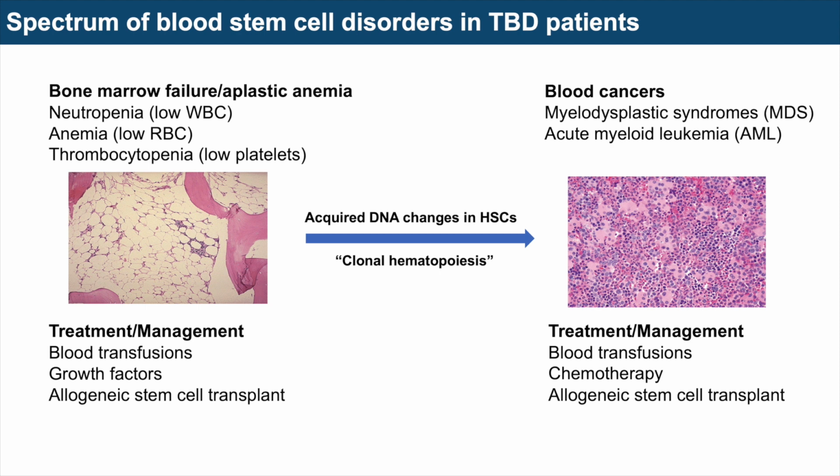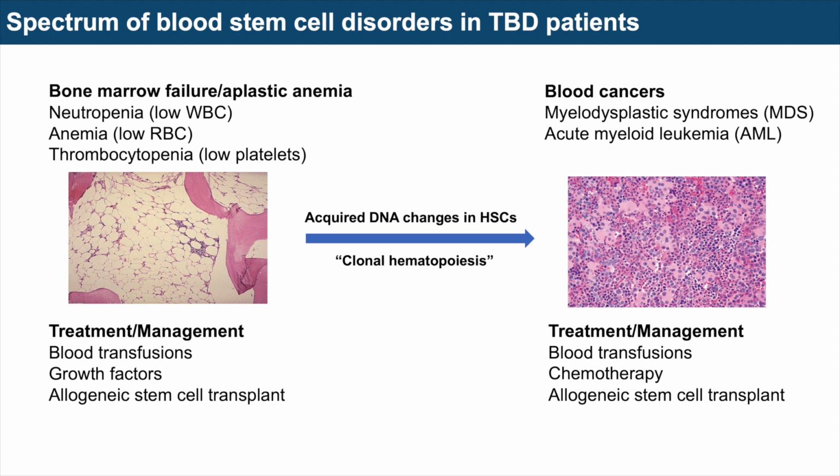Now, on the other side of this spectrum are really the feared complications that we all think about, or try not to think about, which is blood cancers. And so the two major forms of blood cancers that I see in my patient population are myelodysplastic syndrome and acute myeloid leukemia. Does anyone in the room have any familiarity with these diseases? Has anyone had a family member, anyone else that has developed MDS or AML, unfortunately? Good. Okay. So I can say that this is the primary type of blood disorder that I see every day.